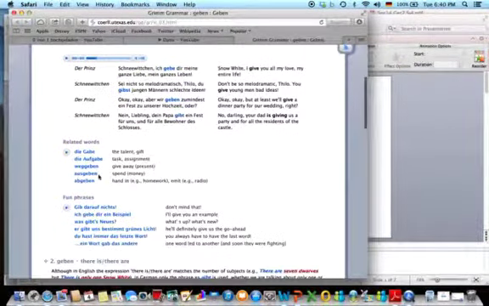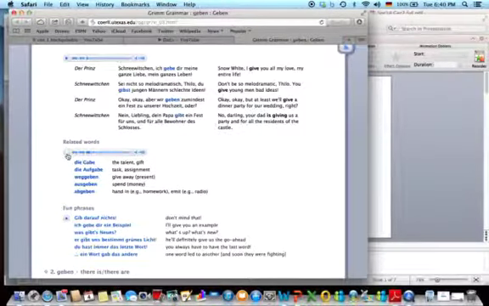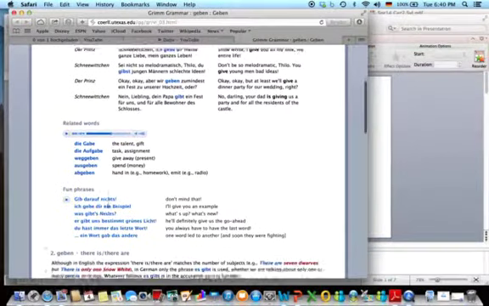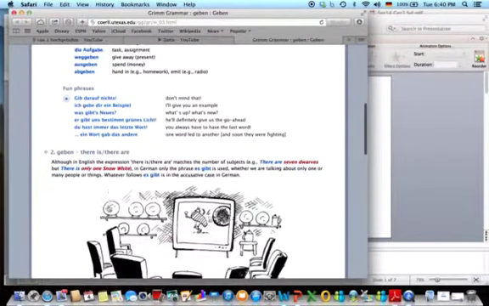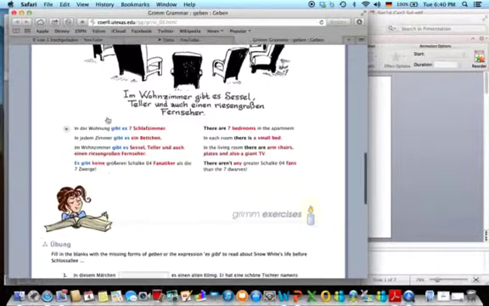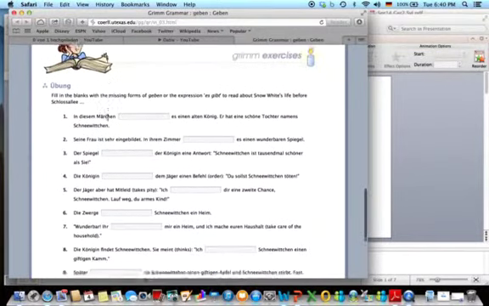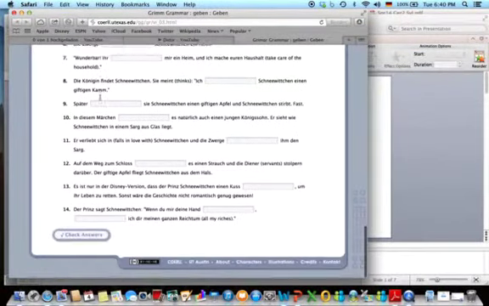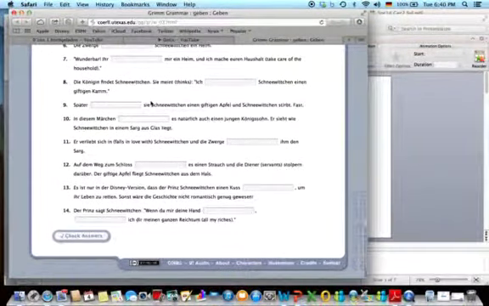And there are also some related words, which is also really useful. Die Gabe, die Aufgabe, weggeben. And fun phrases that might be useful where we use geben as well. Okay. And then also we use geben as there is or there are, es gibt. So read through that. And then at the end do die Übung, and you have to record it in your score sheet anyway, so it's a good way to just already get some practice done.